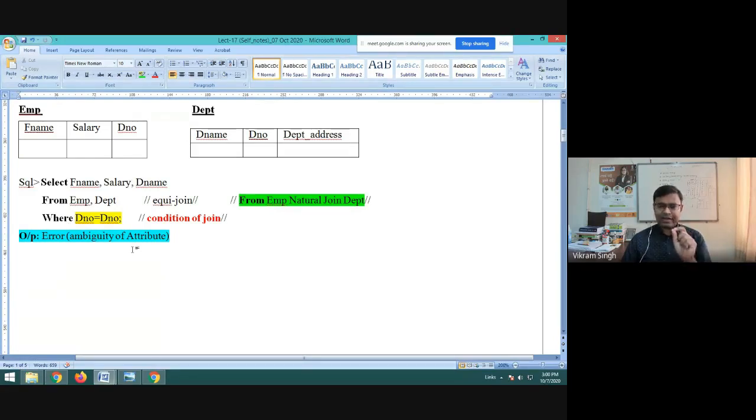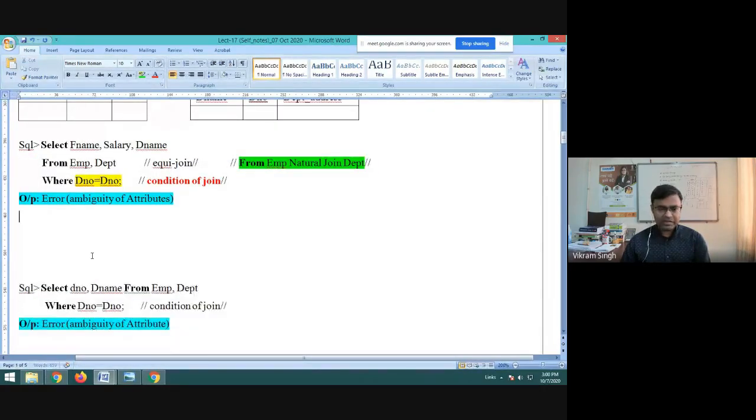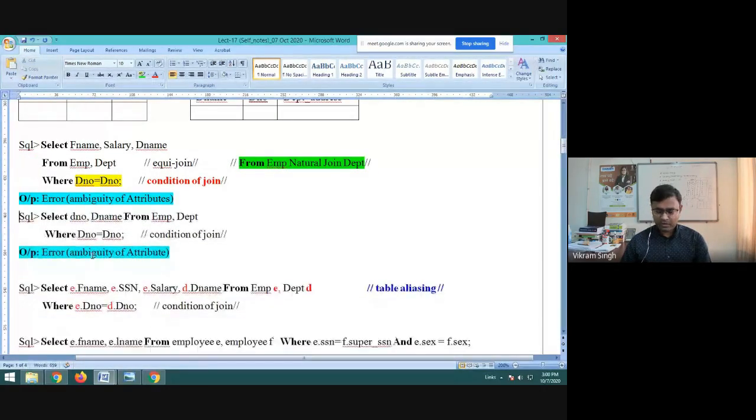So it is obviously not clear which table this D number is referencing, or this D number is referring to which database table. So that is the reason. So a possible error will be ambiguity of attributes, right? So this is one, but logically this is how we are writing. So अगर हम इसको rename कर दें या कि दूसरा नाम attribute को दे दें, so this error will be removed because other things are okay and perfectly fine, right? So let's go with this same concept and see the next query, next possible query.